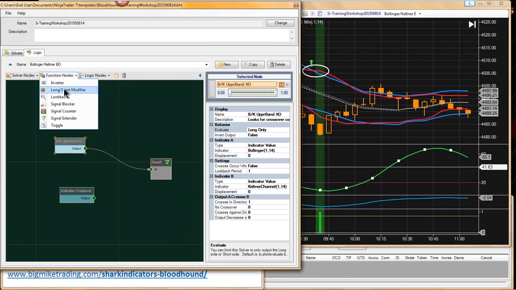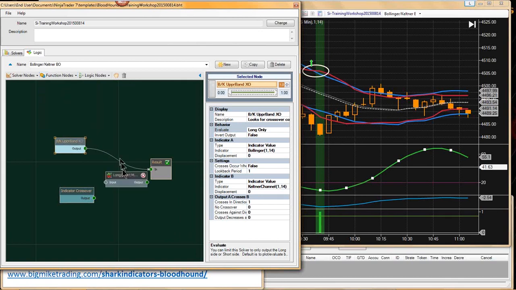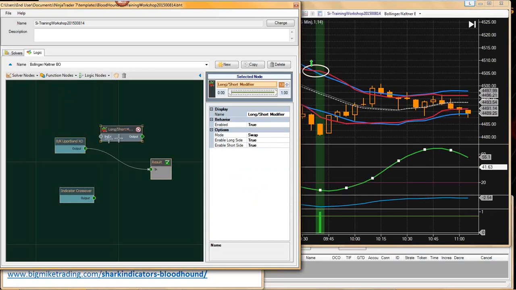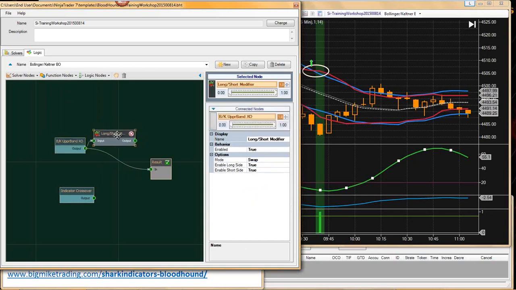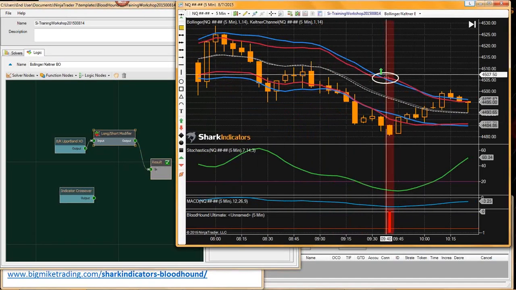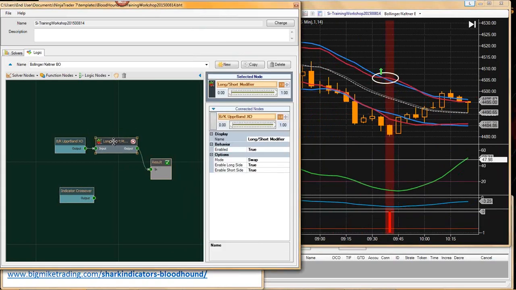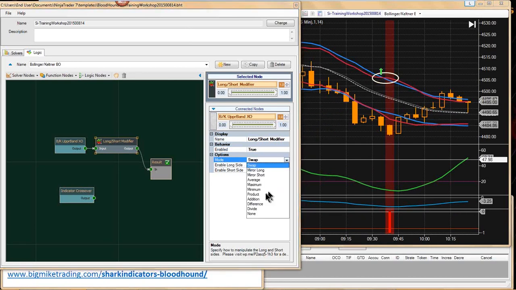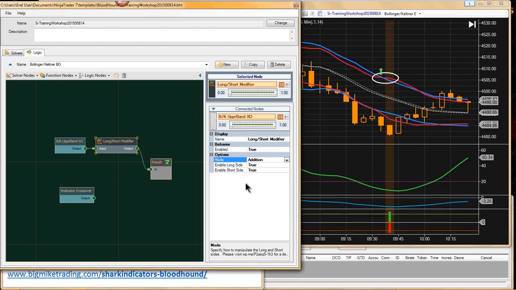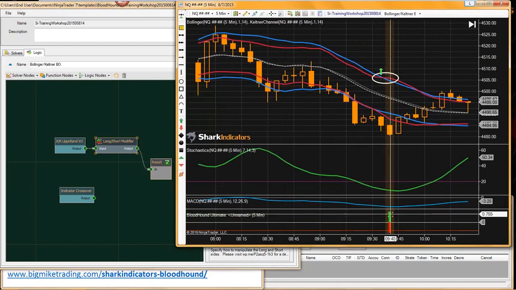So I'm going to grab a long-short modifier, like so. This long-short modifier can take that long signal and convert or modify it into a long and a short both. But what I need to do is change my mode to do that. So I think I can just use the addition here. Yeah, there we go. So now if you look down here at BloodHound,